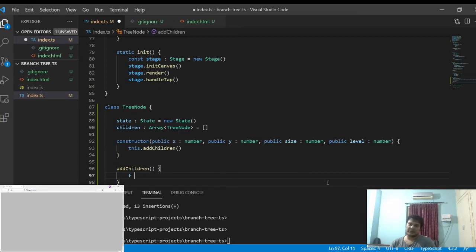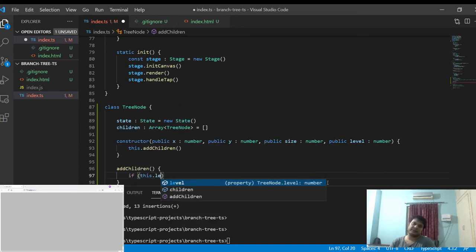Now, if this dot label is less than labels,